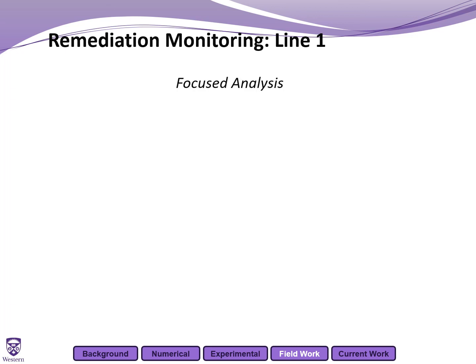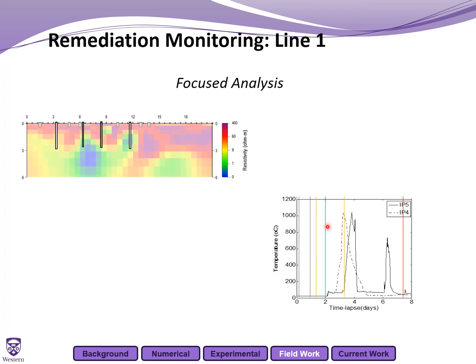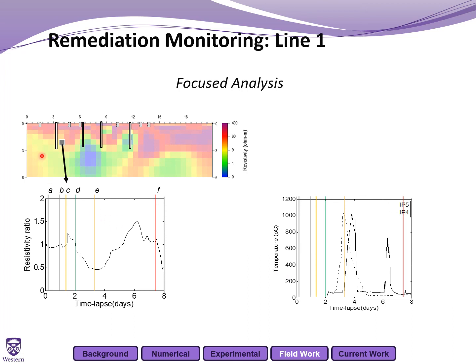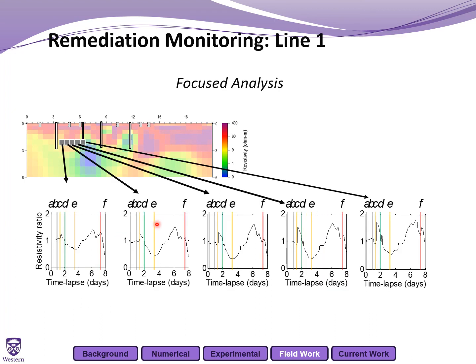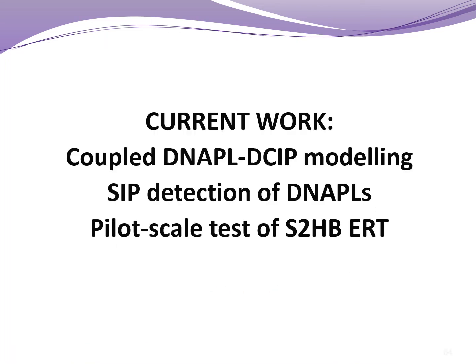So just to highlight this with this focus analysis, we're just going to look at a few key nodes here. You can see again, this is just a summary of what's occurring from a temperature perspective. We have this little increase in temperature, and then we have this massive spike which burns off the water, and then that cools down again. So if we look at a few individual nodes in the ERT time lapse, we have that initial decrease in resistivity, then we have that high increase in resistivity when the water is burned off, and then that's followed by a decrease again. And this is just looking at a bunch of nodes to confirm this process where we have a decrease, increase, and then decrease again in resistivity.